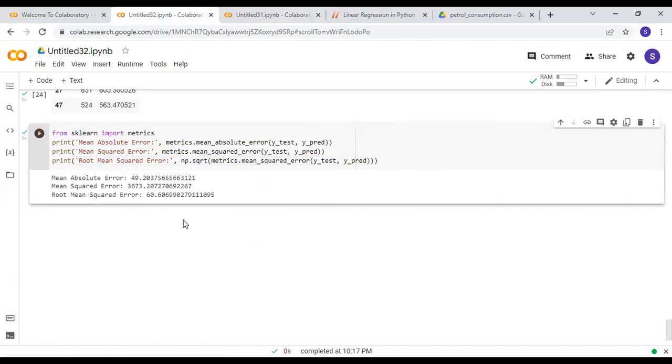So these are the errors. 49.03 is the mean absolute error. Mean square is the square value of this. So mean square, and root mean square is 60. Now if we calculate the mean value,